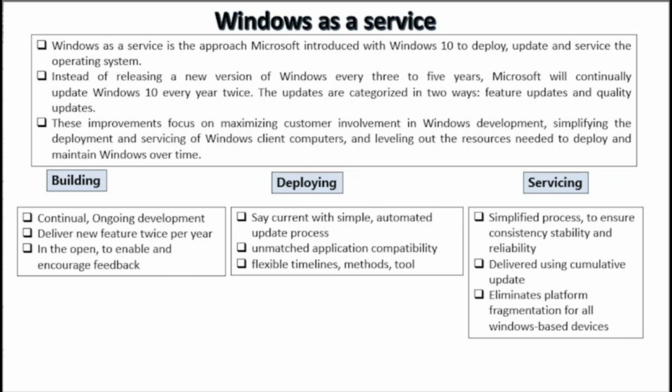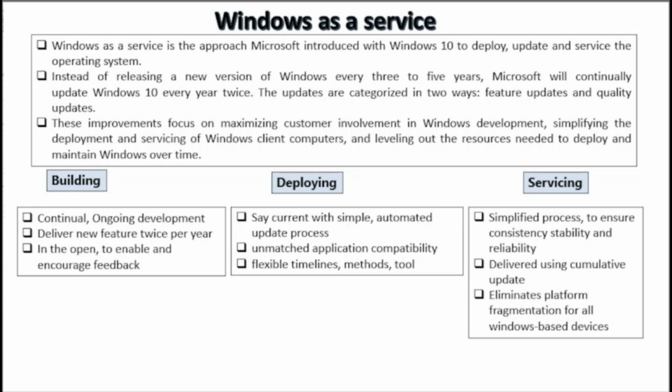These improvements focus on maximizing customer involvement in Windows deployment, simplifying the deployment and servicing of Windows client computers, and leveraging out the resources needed to deploy and maintain Windows over time. Prior to Windows 10, Microsoft released new versions of Windows every few years. This traditional deployment schedule imposed a training burden on users because feature revisions were often significant. That schedule also meant waiting long periods without new features, a scenario that does not work in today's rapidly changing